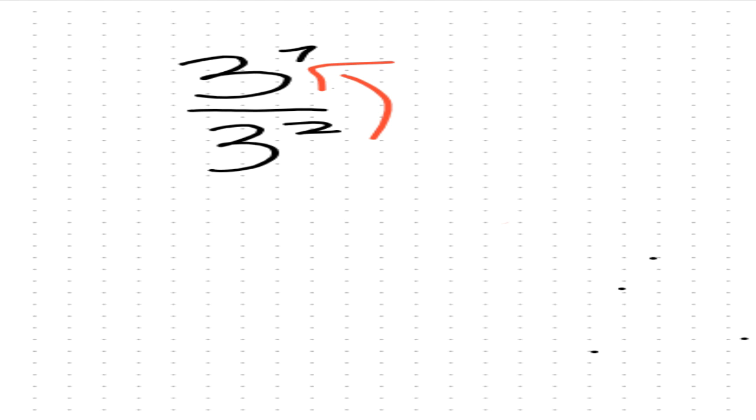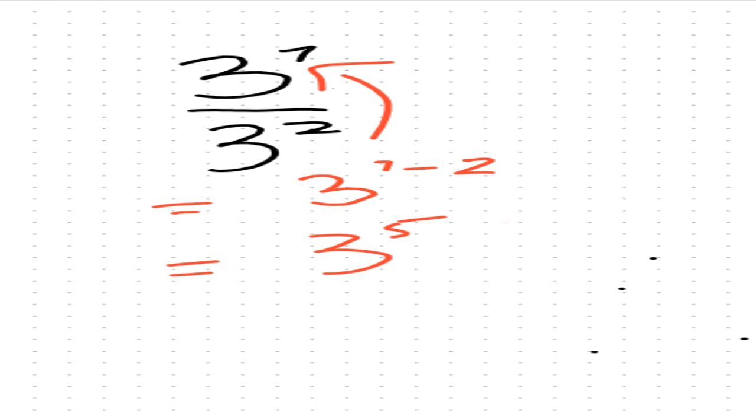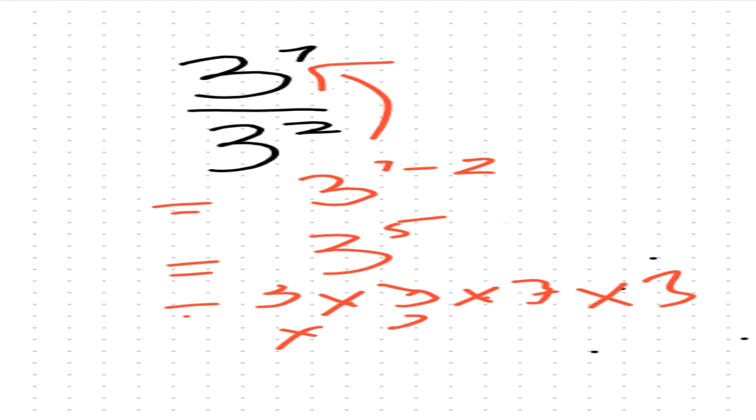So we are going to say that 3 raised to 7 minus 2, that is 3 raised to 5, will be our answer, but we need to expand this value. And we are going to get the value of 243. So this is our answer